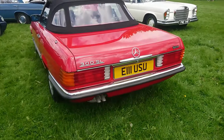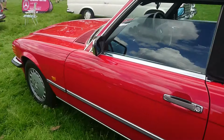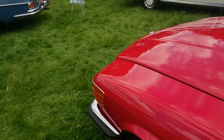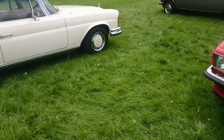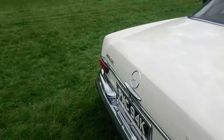Then we have a very nice 300 SL. This is a 1987 or 1988 on an E. It's a later example, discontinued I think in 1989, these cars. But nice long production life and nice classic design. And then we've got something even more classic,